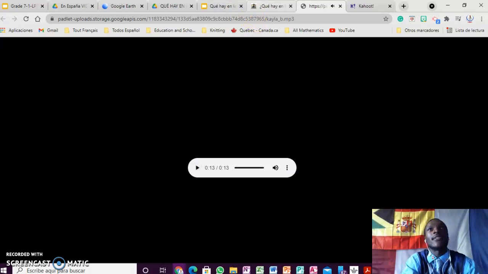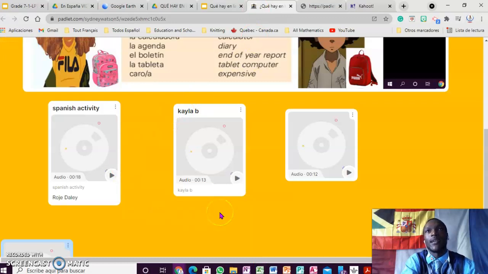Okay, excellent. So that is Padlet. Padlet allows you to record, for example. It engages you in other activities. You can also match. It depends on the theme that you're working with, because there are different themes, and so you have different options. You can actually make